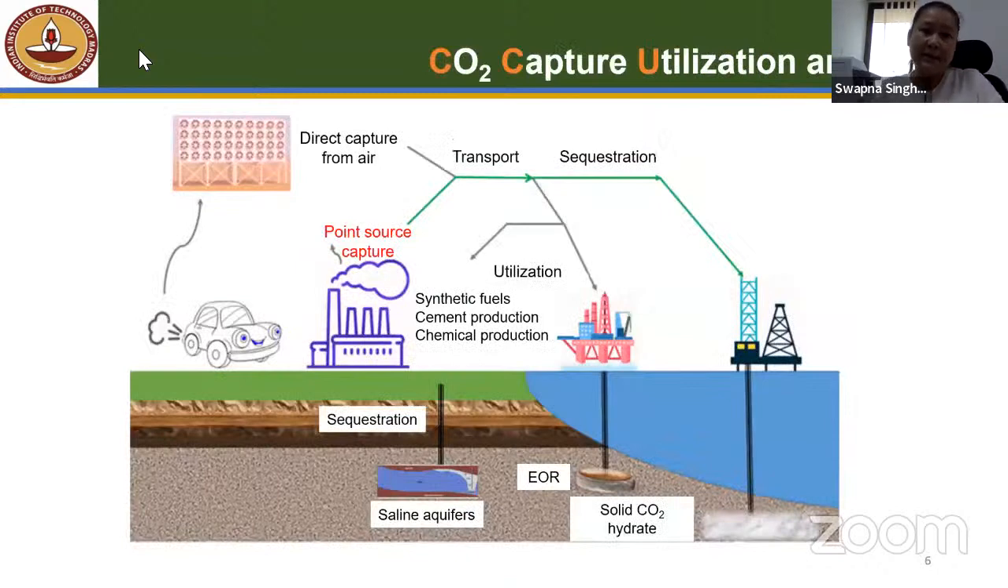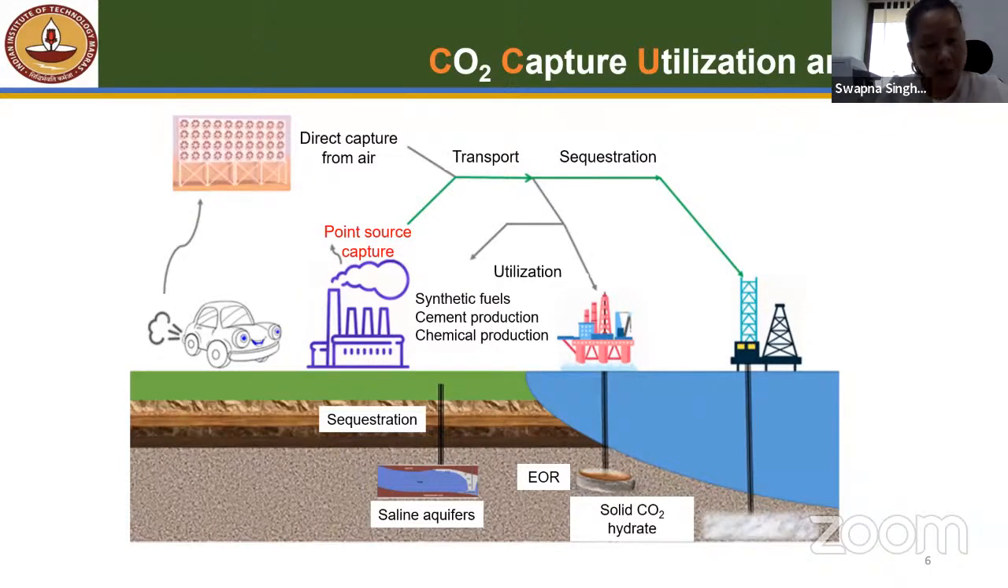Now, next is what the capture, utilization, and storage are. As the name says, first is CO2 capture. There are two different ways of capture: direct capture from air, and another, which is related to industry, point source capture. We capture the CO2 at the point when it is coming from the industry, directly from the flue gas. Then the captured CO2 is transported, and then either it will be sequestered into the deep ocean, in the form of solid CO2 hydrate, or it can be used in